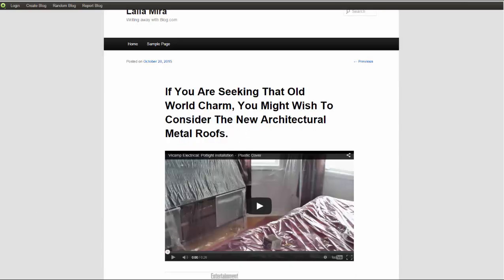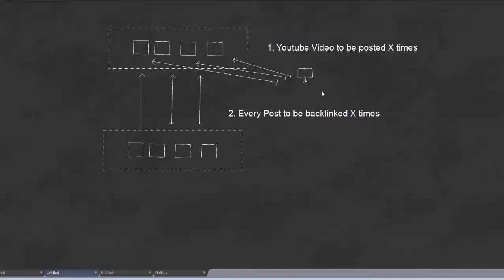So we implemented this use case. We started with creating submission in the lower tier, push submission, configured to post every URL 3 times. Then we created YouTube submission where we configured it to post YouTube 10 times.